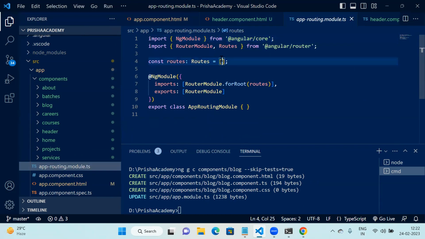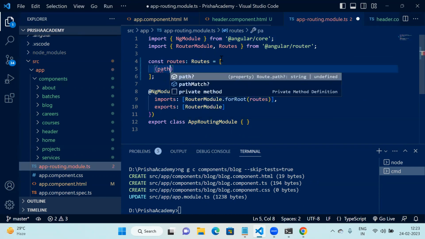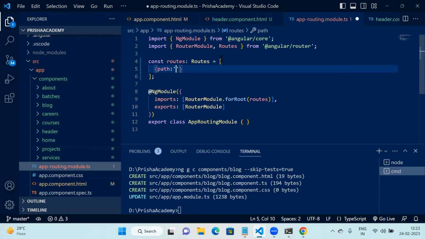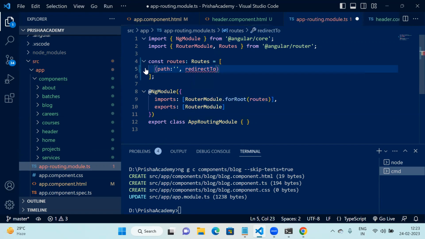And inside this, I will go and create an object. Inside this, it will have the path, and the path will be blank, and it will redirect to